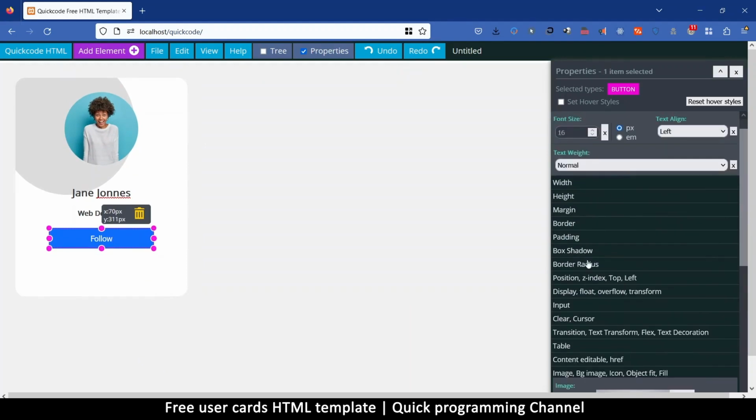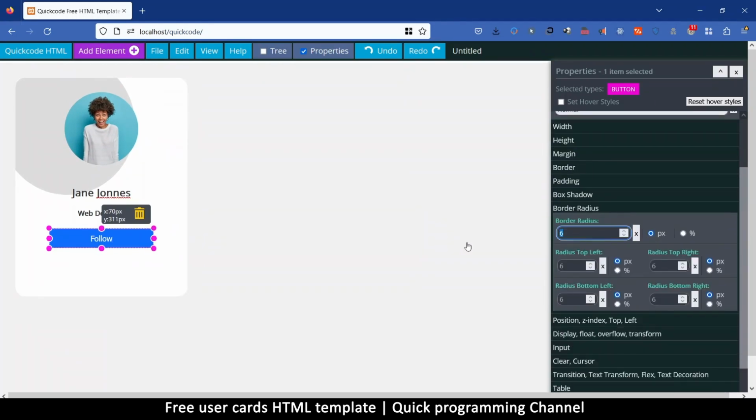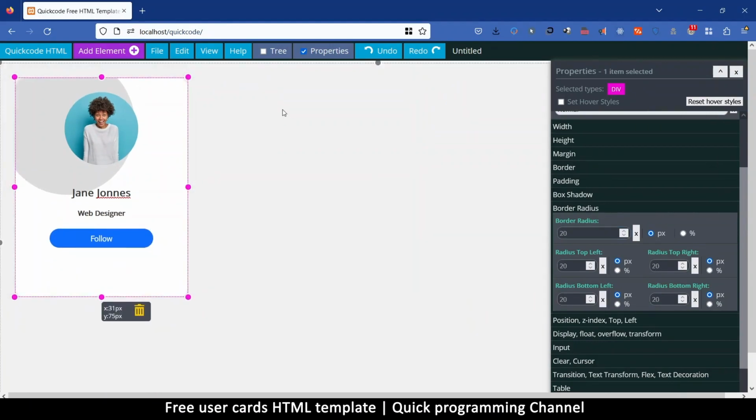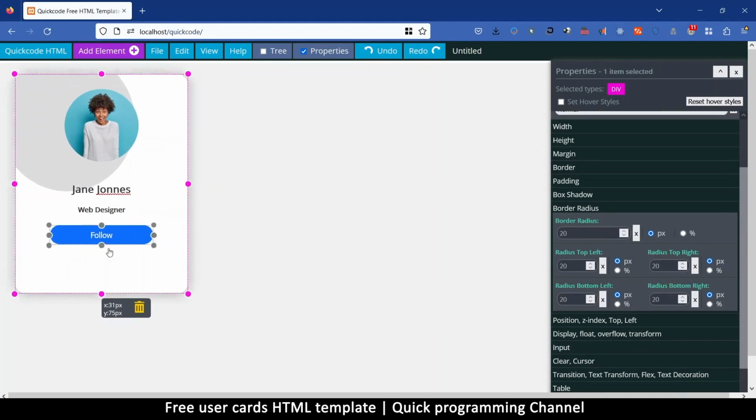Maybe make it more roundish. So border radius, I'll change that to 30 pixels. I think that does a good job. Then finally, I want to add some,